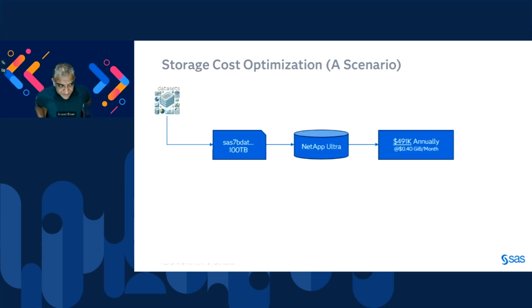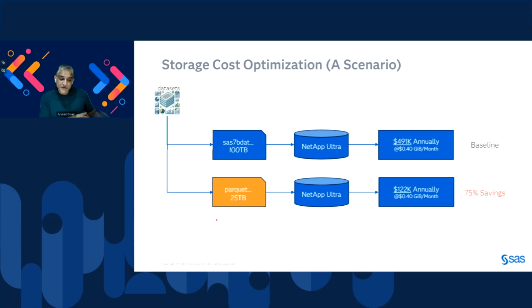Now that we have a smaller data set, how does that transform into infrastructure cost savings? This is again a sample scenario. If I am in the cloud and have 100 terabytes of SAS data sets and I'm using, let's say, NetApp Ultra, it's going to cost me approximately $500,000 annually based on list price to save that 100 terabytes of data. Now, if I do not modify my infrastructure, and instead of SAS7BDAT I were using Parquet files